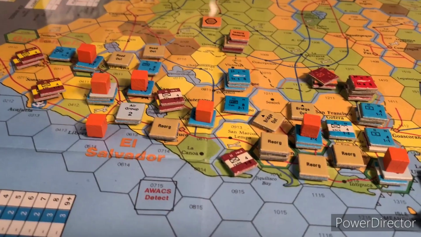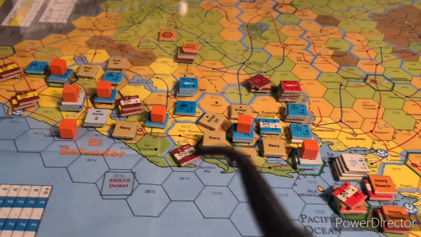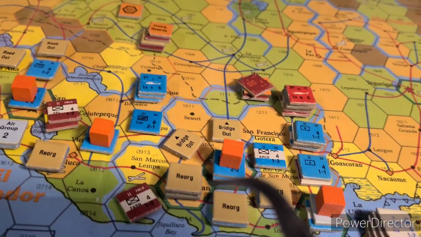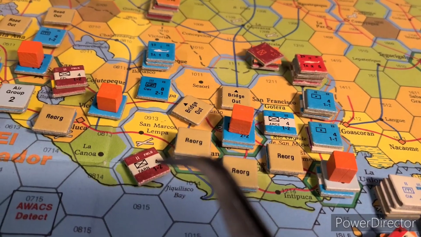How good it is, and this is going to be important. I want to try to maybe airlift a unit or something. I want to get some help around here. This hex here with these reorganized units, they're all really weak. They've got like 2 attack factors. If I can get some kind of a good odds attack,